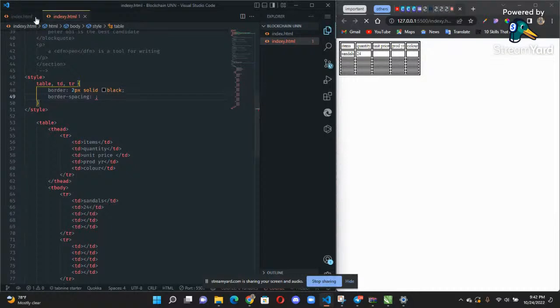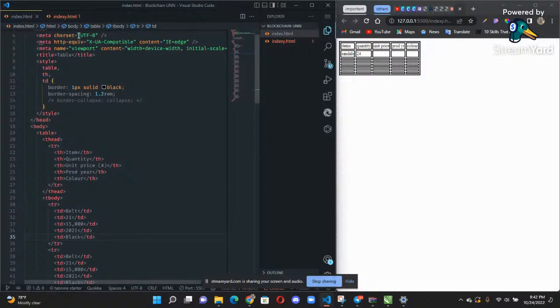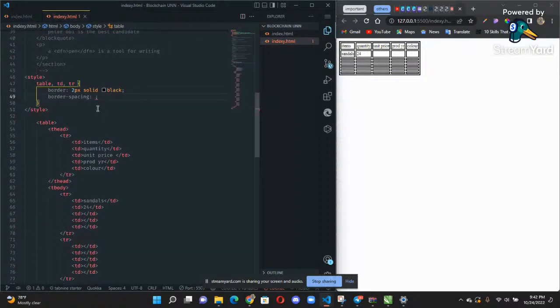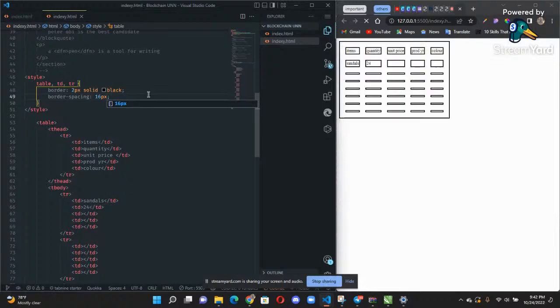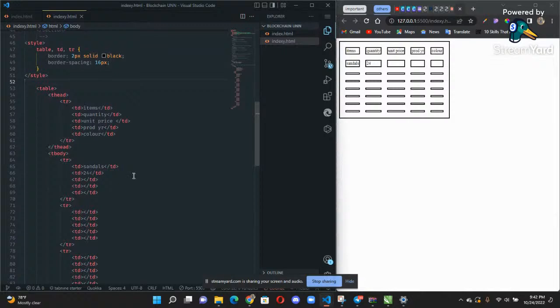Spacing is 1.2, which is 16px. Okay, better. So now you can see it clearly.